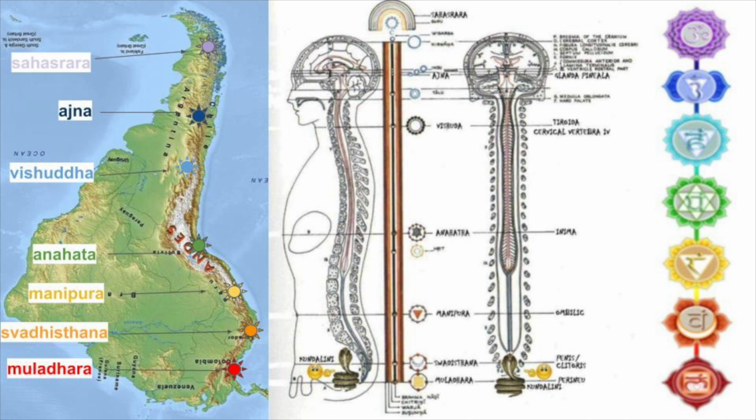Then moving down to the Vishuddha Chakra, that's somewhere around Aconcagua, which is the highest peak in the Western Hemisphere, on the border of Chile and Argentina. Also around there, probably included, is maybe the Elqui Valley, a little north of Santiago, another really powerful spot. And over into Mendoza, Argentina, Cajon del Maipo, another beautiful power place close to Santiago, Chile. And then moving down to the Ajna Chakra,